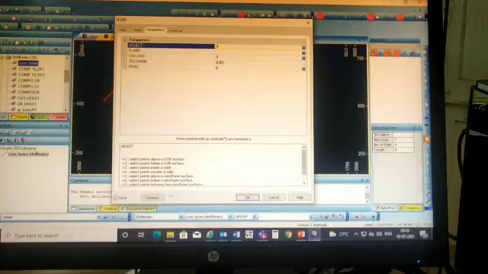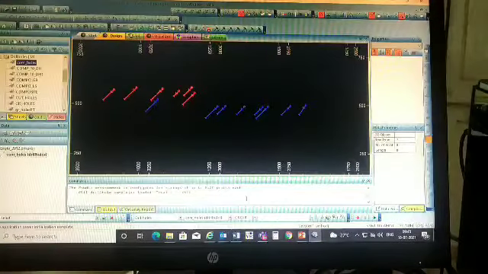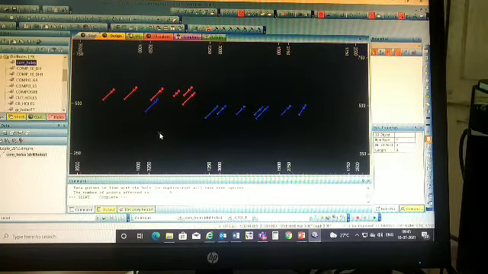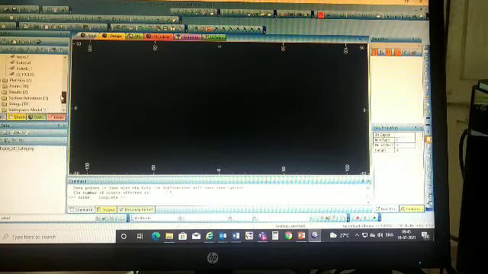Now click OK. So the output file which we have named holes underscore ore has been completed and comes in the drill hole folder.